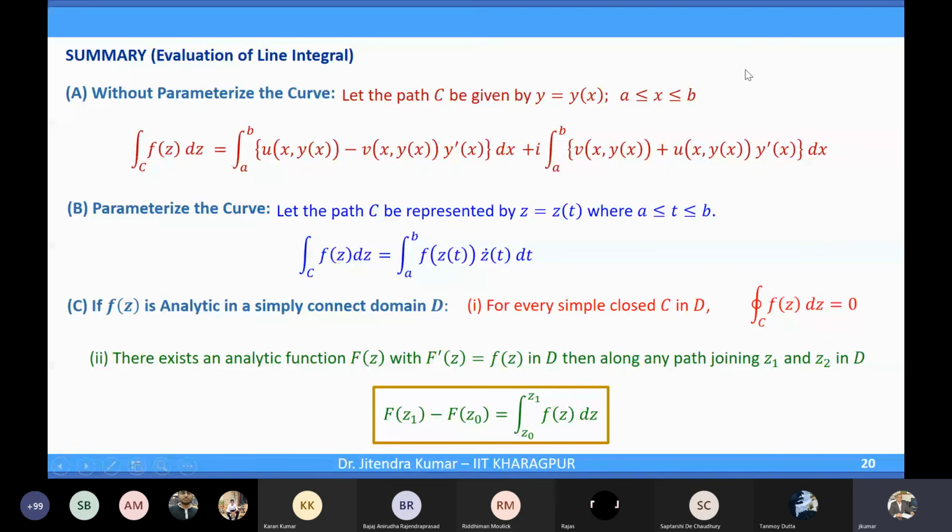Yeah, so that is all we have discussed related to integrals today. So if you have any